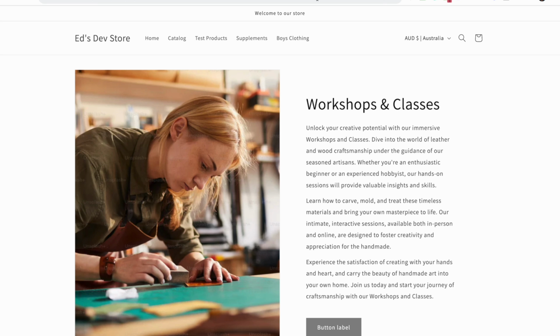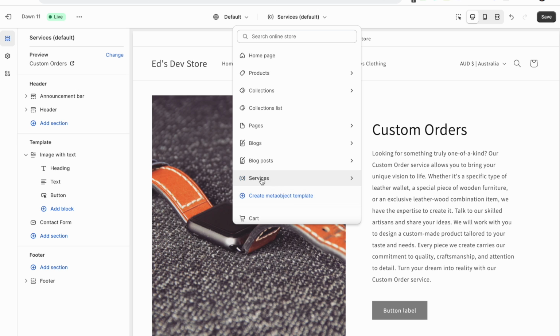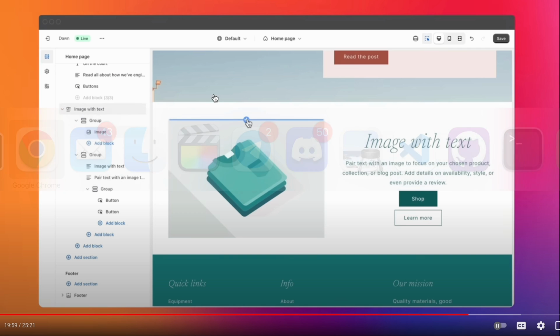That's Metaobject Templates. It allows you to create pages for a new type of content on your store. As you can see, once we've created this template, it shows up here as services together with products, collections, and everything else. We just have this new type of content. All right, Metaobject Templates turned into a bit of a tutorial, a bit longer than intended, but let's move on